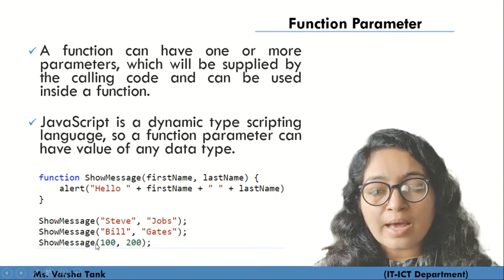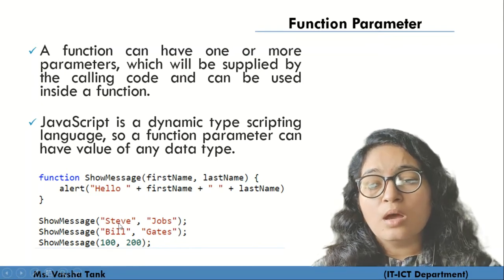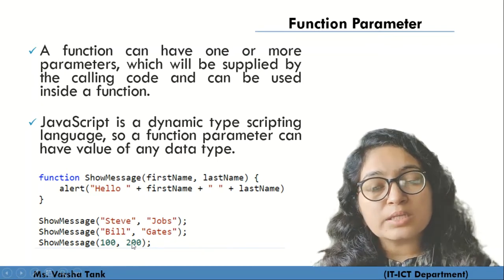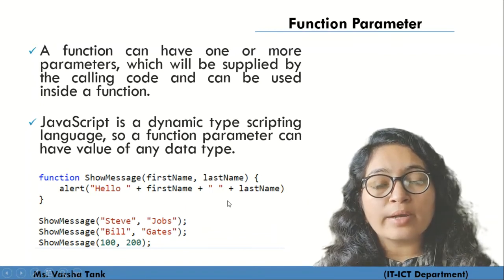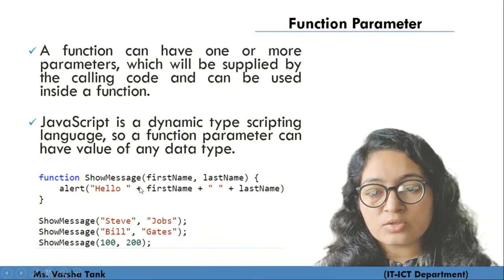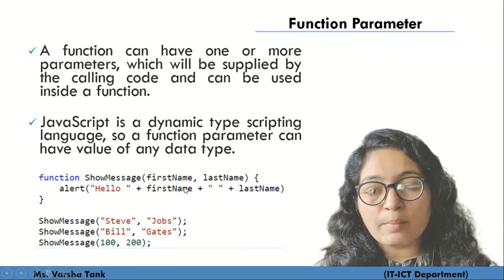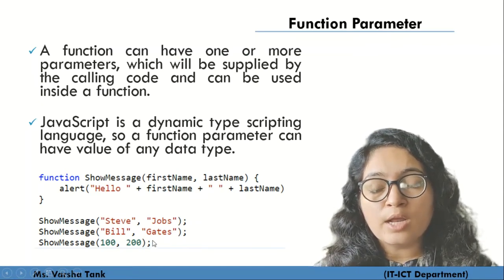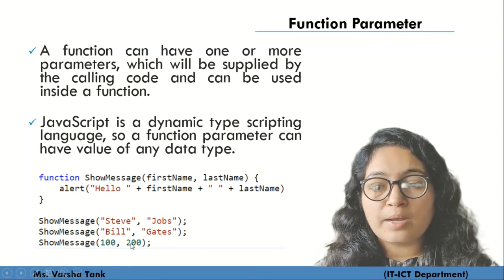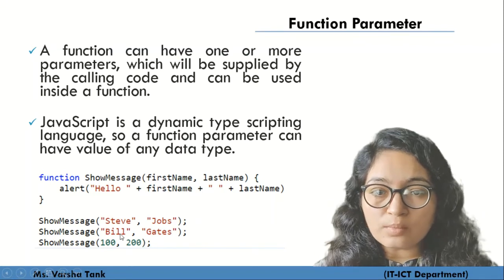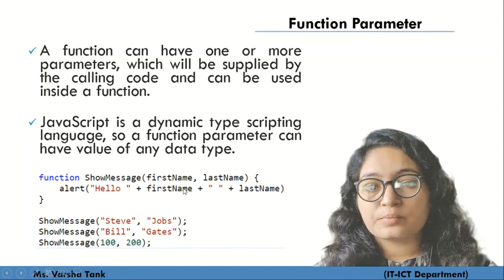And the last parameter, that is 100 and 200, is an integer parameter. This is a string parameter, this is an integer parameter. So when we call it using this, again it will concat the string hello 100 and 200. So it will combine that 100 and 200. This way you can pass parameters in JavaScript and call the function with the parameters if you have defined the function with parameters.